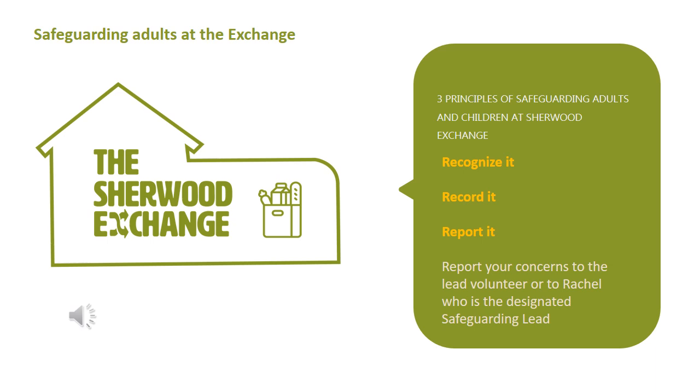Whilst you're in conversation with somebody, if they tell you something which concerns you, which might indicate they're being abused or they might be abusive themselves, recognise the signs of abuse and record it using an incident form which is kept within the filing cabinet of the Exchange. Or you could also go online and get one of our online incident forms on the laptop we use in the Exchange. And be sure to record what you've heard using plain English.